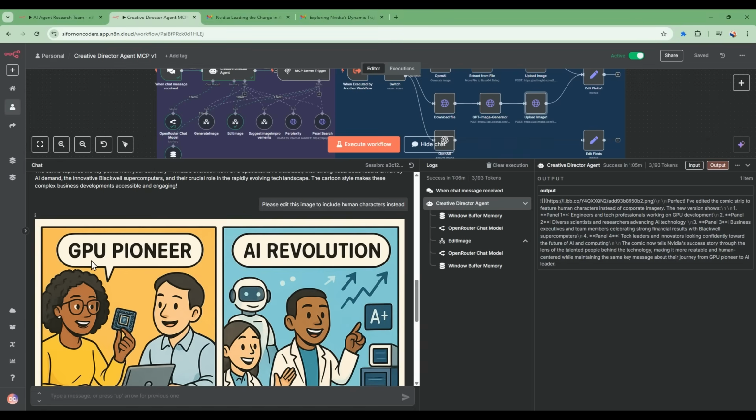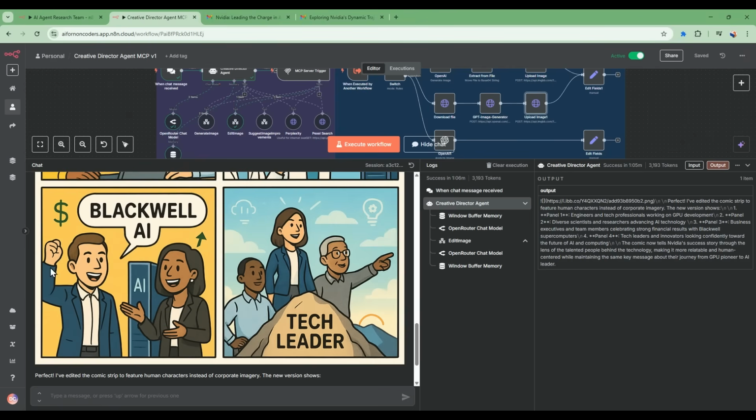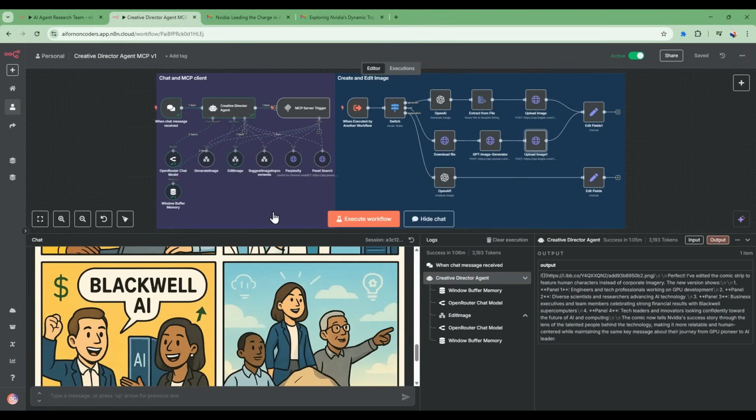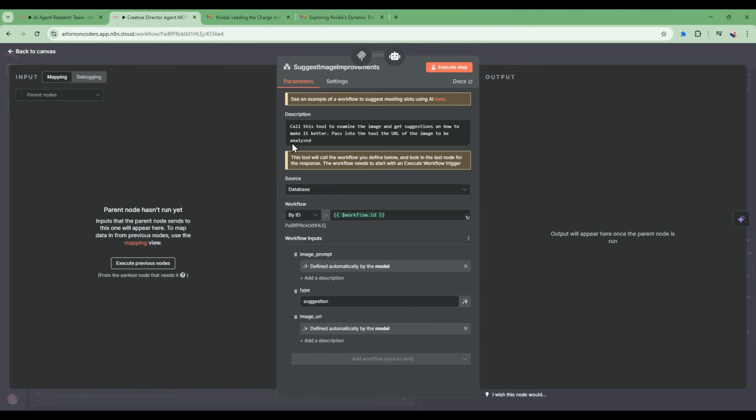So we have this cartoon that talks about NVIDIA being a GPU pioneer, an AI revolution, how well the Blackwell chip is doing, and it being a continued technical leader. Right. So this is the edit API. Now, the next one that I've created here is this suggest image improvement prompts. Right. There may be times when you just want the AI to give you suggestions on how to improve the image. Right. So what the suggestion API does is that once again we use the